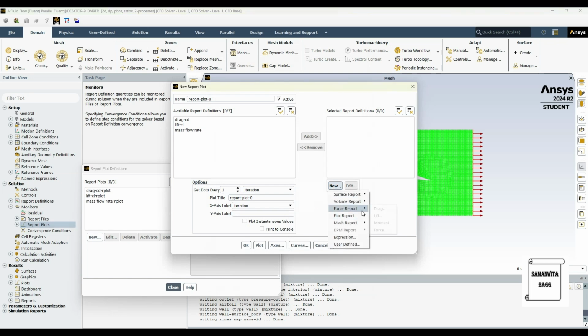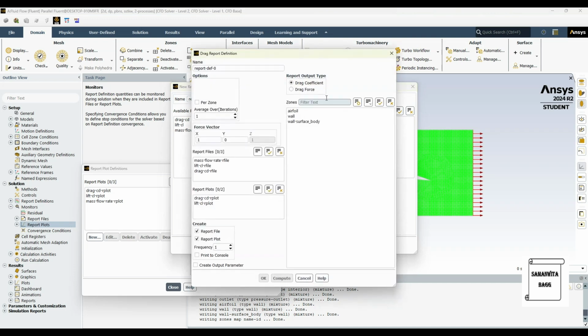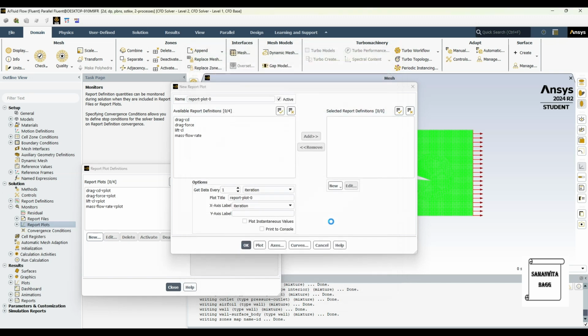Again I'll go to new and I'll select force report, drag. Now here I'll select drag force. So let me write here drag force. I'll select the drag force over the airfoil, print to console. OK. And last new, I'll go to force, lift.